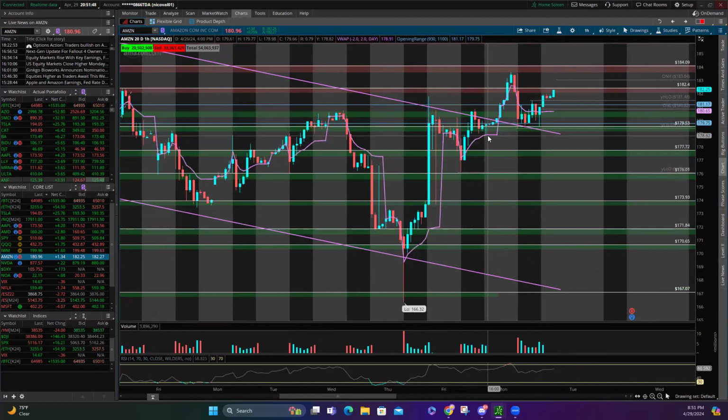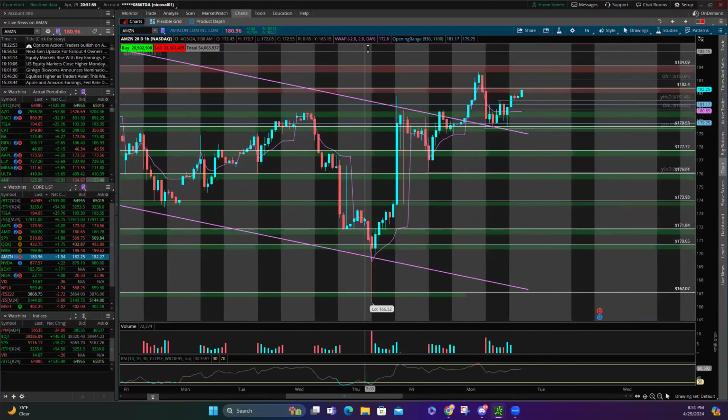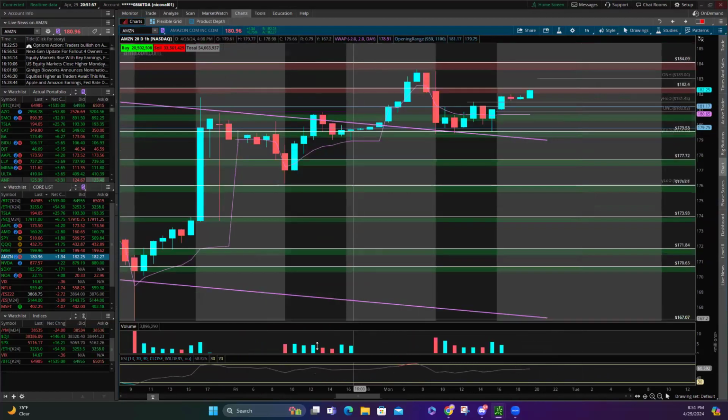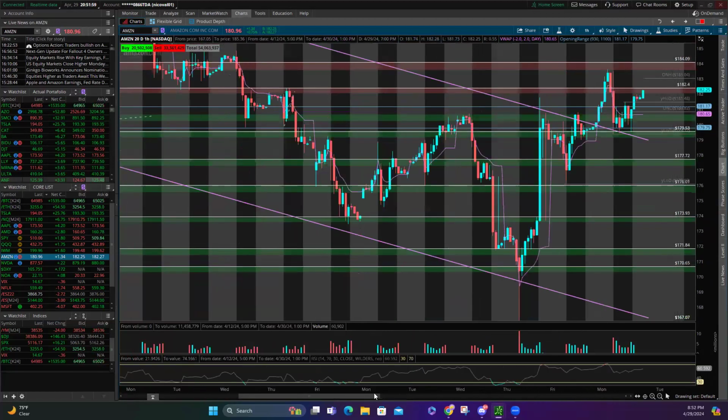And remember, you can mix this with one other indicator, and you don't need to have thousands of things. If you want to use them and you know how to use them, it's perfect. But if you want to be simple and just watch a reference on where to get in, you can only have VWAP. Let's see what other names do we have here that we like. What do I got here?